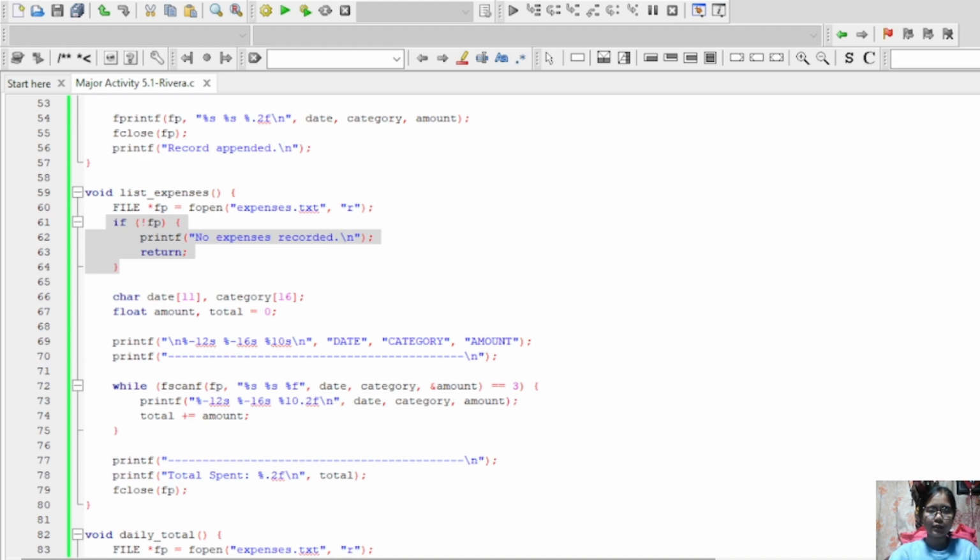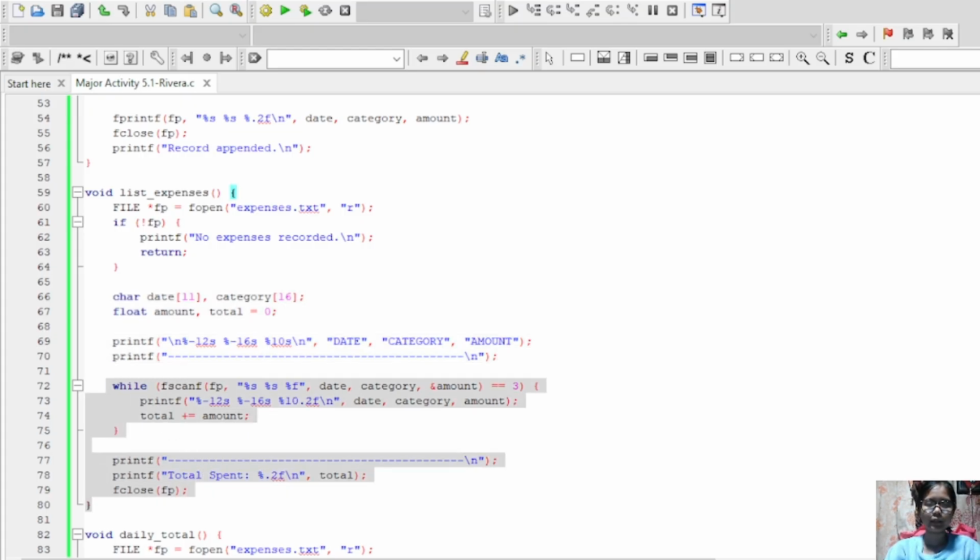For this line, I declare the variables I need and print a table header to display the expenses in a nice format. Then I read and display each record using fscanf in a loop, summing up the total as I go. Then I show the total spending and close the file.